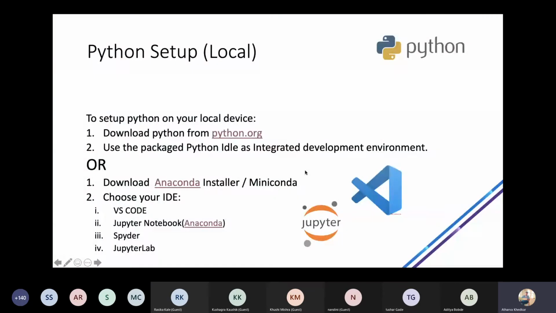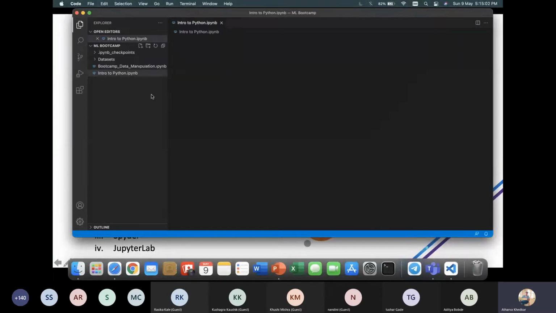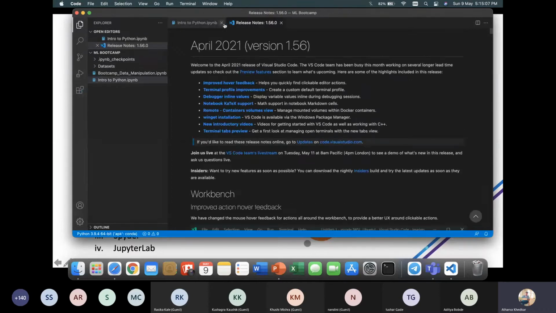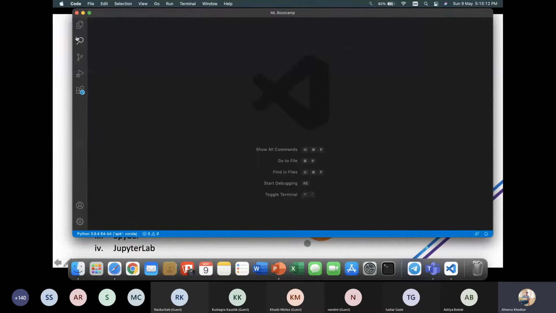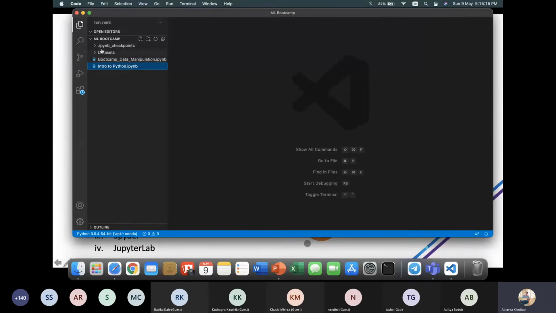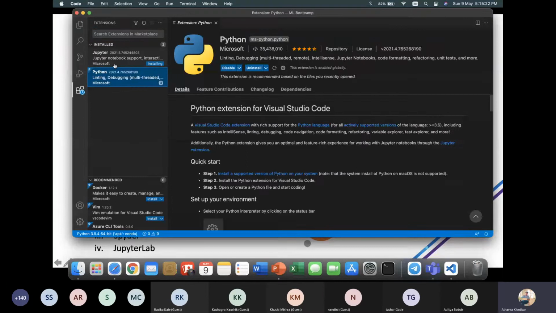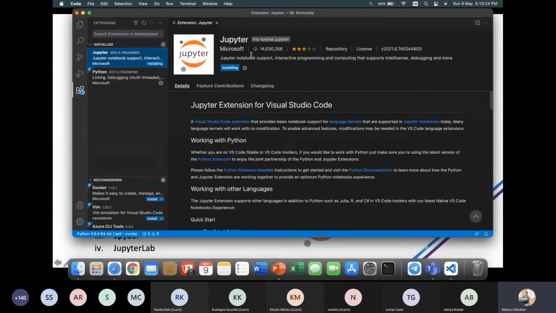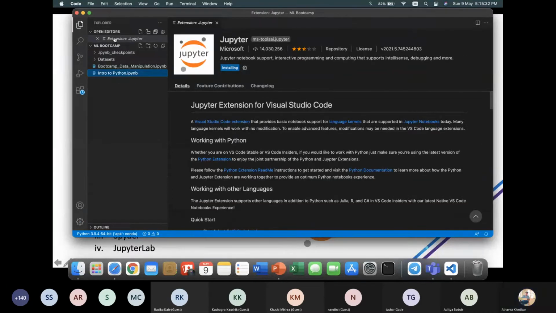So here I have VS Code. I like VS Code for scripting and other app creation because it is just like your normal notebook. But what is exceptional is that you can write your Python code, C++ code, and everything using things called extensions. You just have to install the Python extension, and Jupyter if you are trying to use notebooks, and then you can use Python.